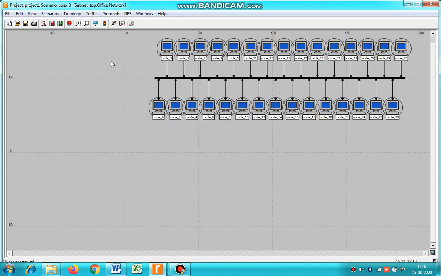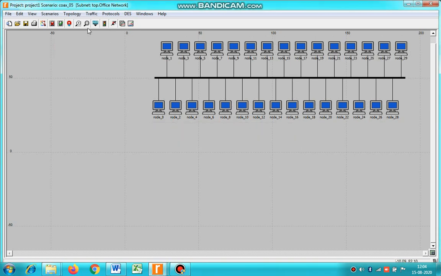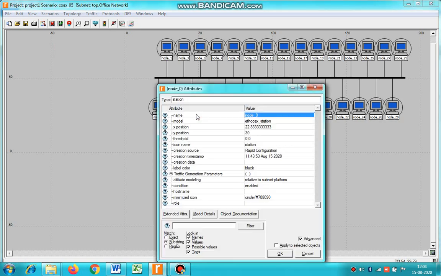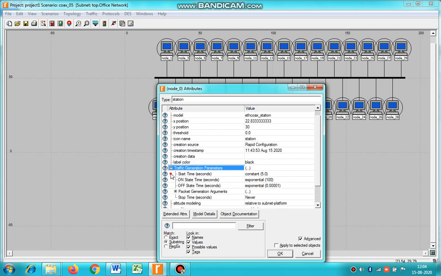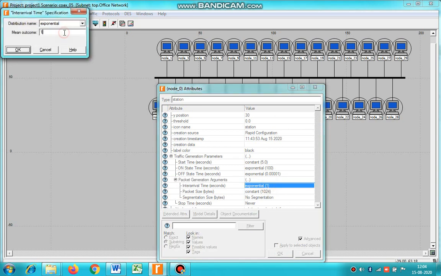You select similar nodes, you go duplicate scenario. Here the first one is _05. Select similar nodes, edit attributes, go to traffic generation, here packet. Here we have this interval time, so just change this to 0.5.